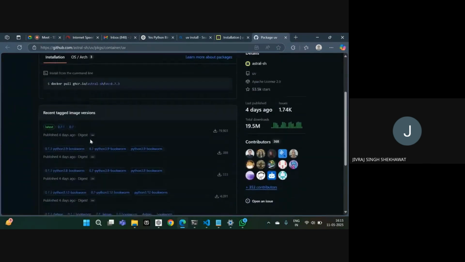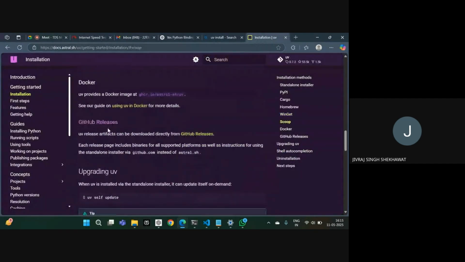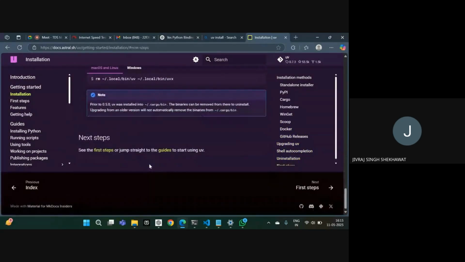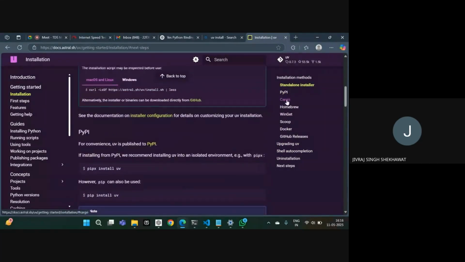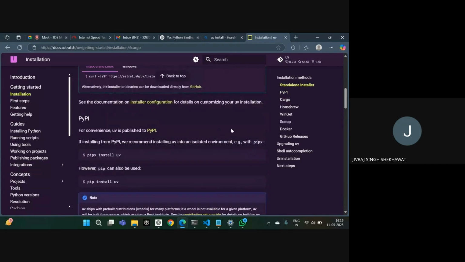And then UV also provides a containerized version. So you can also pull a particular image of UV, if you want to work inside containers and someone is interested in that. So these are different ways. Cargo, I don't know what it is used for. Anyways,